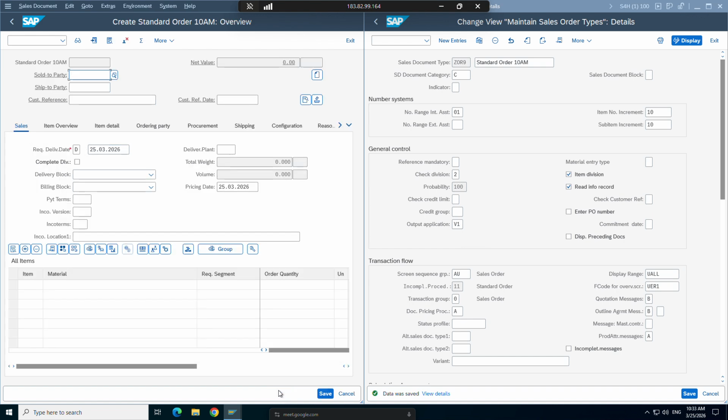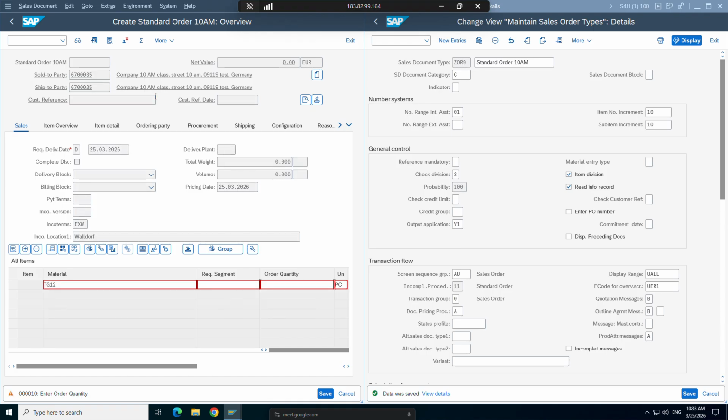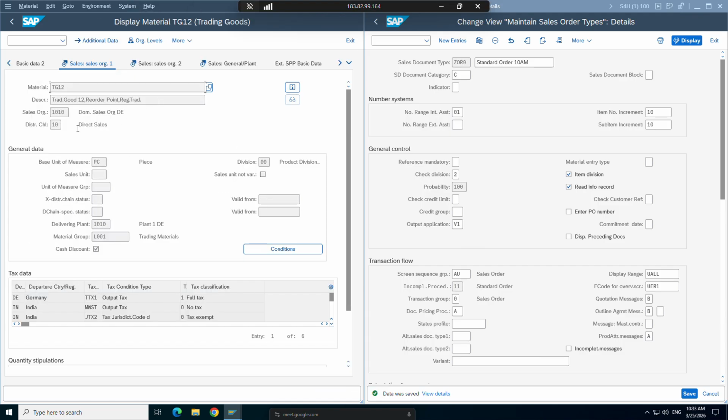If I continue, I put my customer number, then I put my material number. So as I said, this division is a higher level classification of your material division, right? Like how your material is divided into subcategories. If you go to material, let me go to material. You see division,